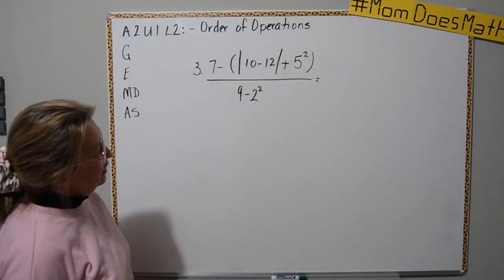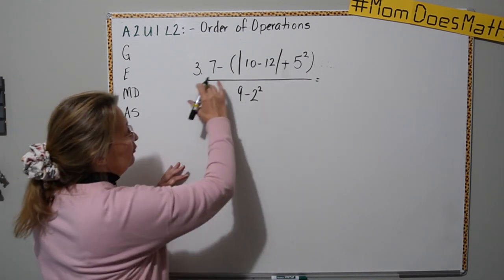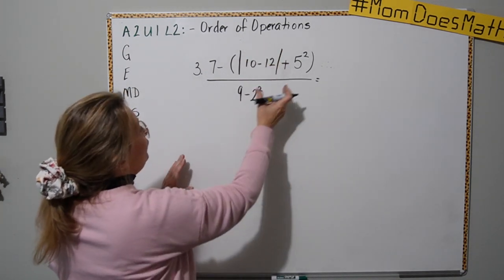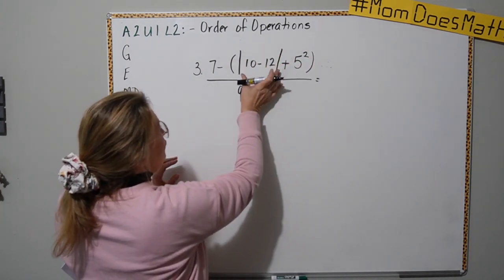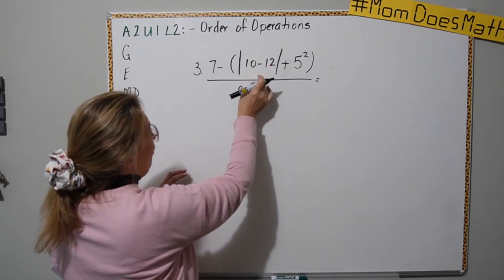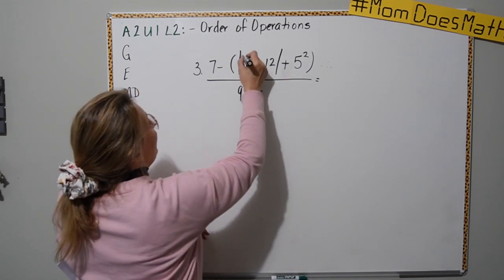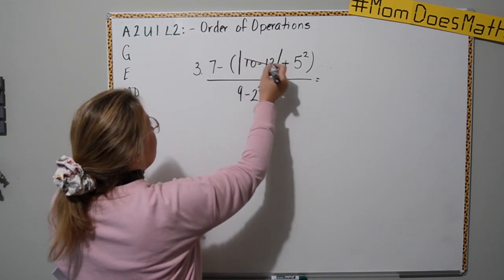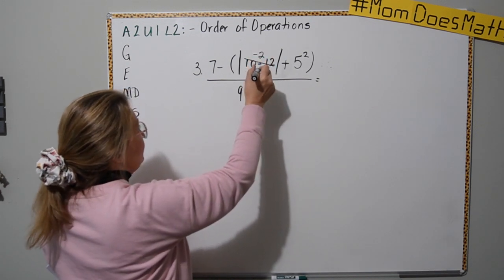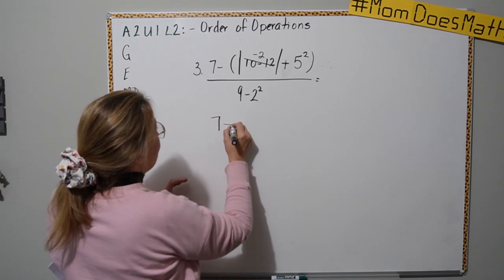Okay, here's number 3. So we have multiple grouping symbols here. Your fraction bar actually groups the top and the bottom together. And then you have the parentheses, then you have the absolute value signs. So let's go to the innermost part first, and we're just going to work on the top first, then we'll do the bottom. All right, 10 minus 12 is negative 2, but the absolute value of negative 2 is positive 2. So what we start off with is